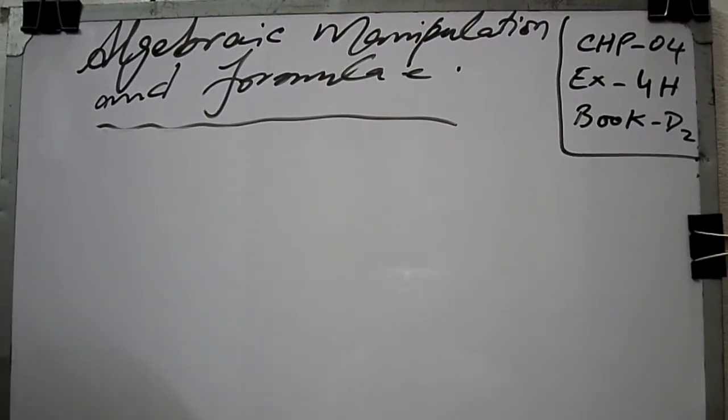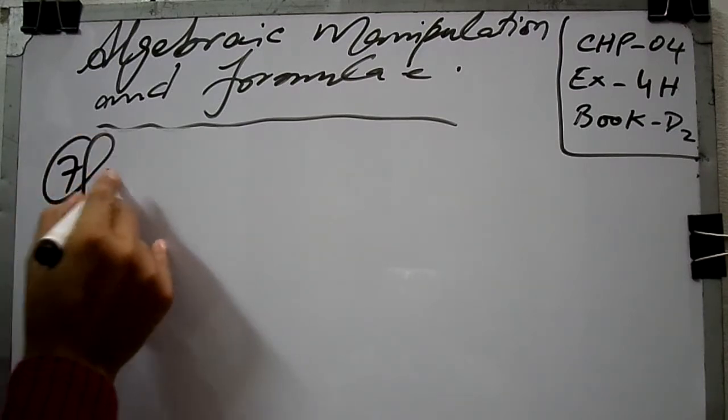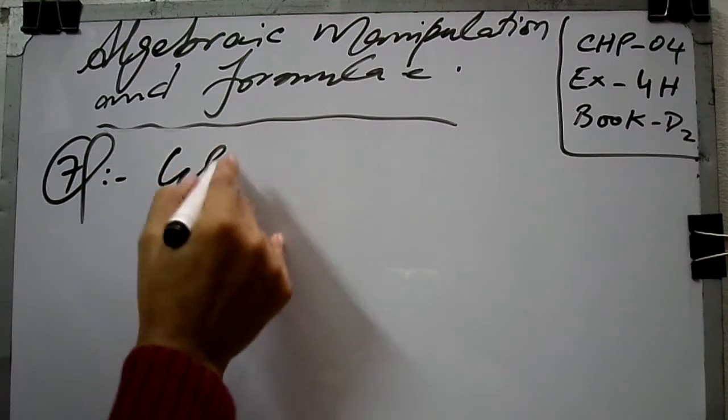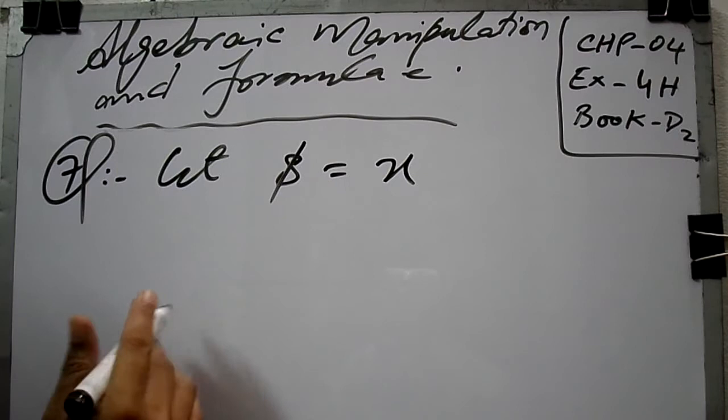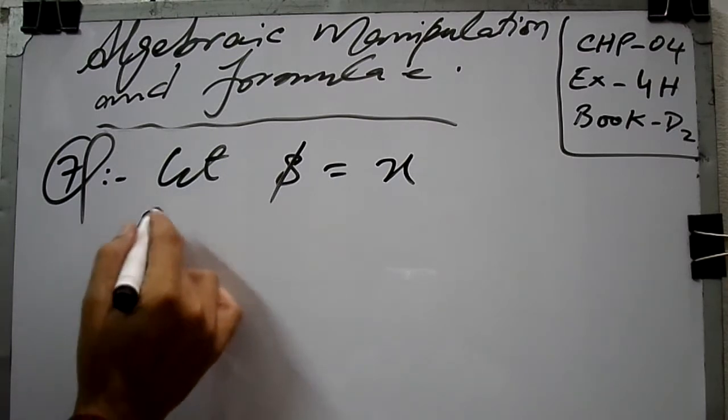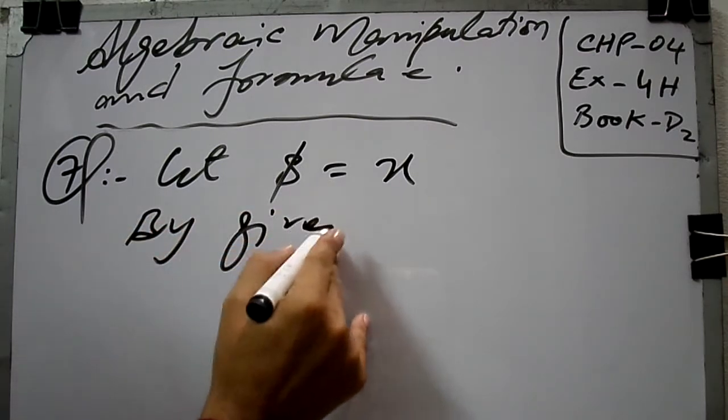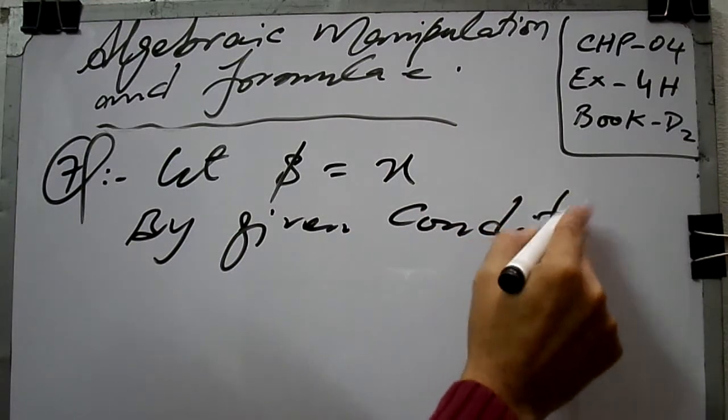In question number 7, Mailing and Miami divided $69 into 2 shares. 3 by 4 of Mailing's share equals 2 by 5 of Miami's share. How much does each get? Okay, let the dollar be x. Suppose that is question number 7. Let the dollar be equal to x. How much is each share? By the given condition, if you read the statement,